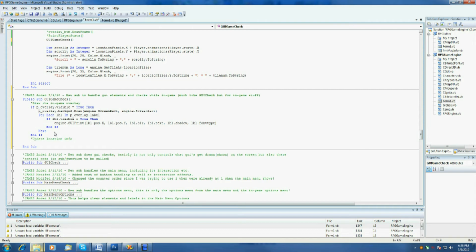So, update location info. Location info shouldn't be too difficult to do, so I'm not going to put it in its own sub. The compass will be in its own sub, and we'll get to that later because there's a lot more to it. But for this, it's very, very simple. All we're going to do is update the location info. So we want to do p overlay dot label